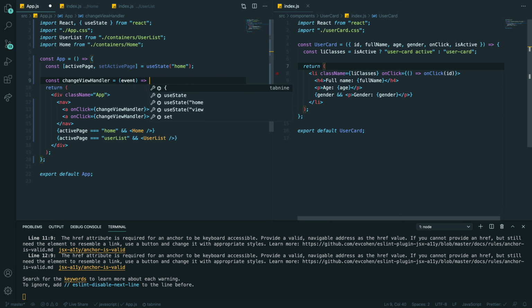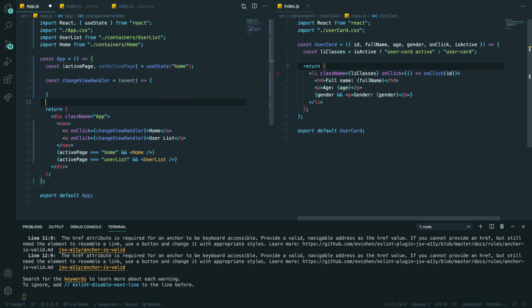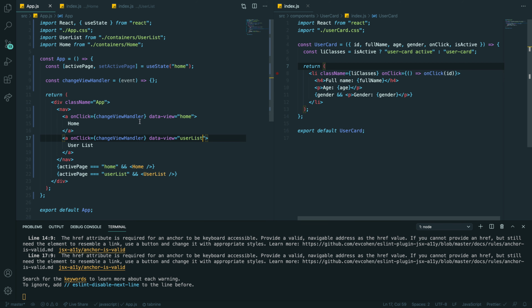This is the whole element. And for this element, for the anchor, I will add something like a data attribute. I will add attribute data-view, and I will call it home or user list. This is an HTML tag attribute, right?